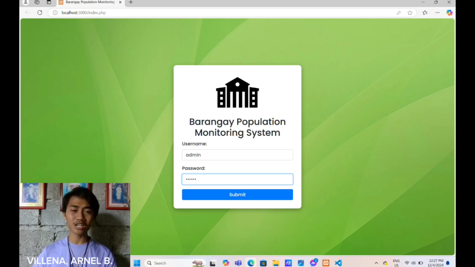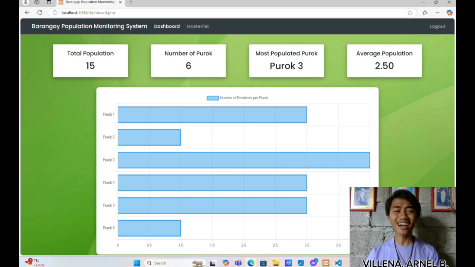This login page represents the first layer of protection for the system, ensuring that all interactions within the system are controlled and secured. Once logged in, users are welcomed to the dashboard, the central hub of the Barangay Population Monitoring System.